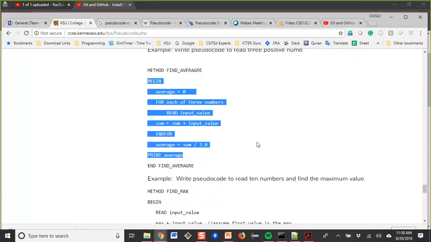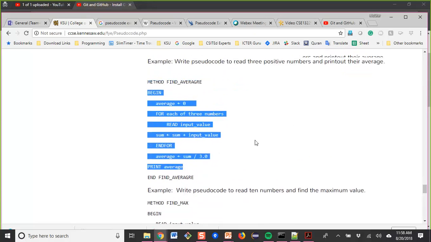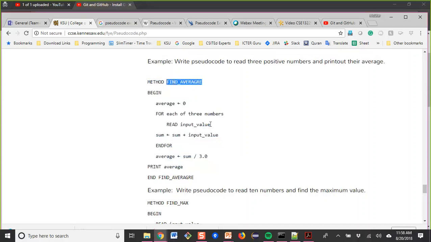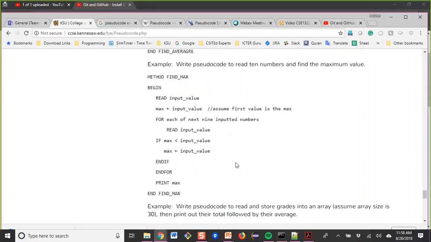So later what you can do, you can represent your entire program code just by calling this find average. Let us see where find average is called.